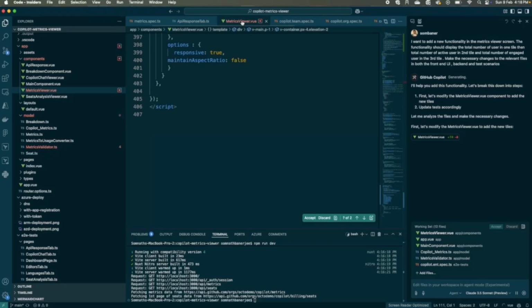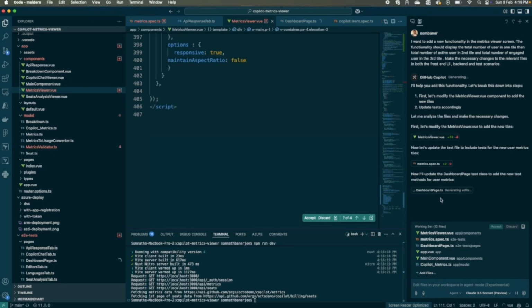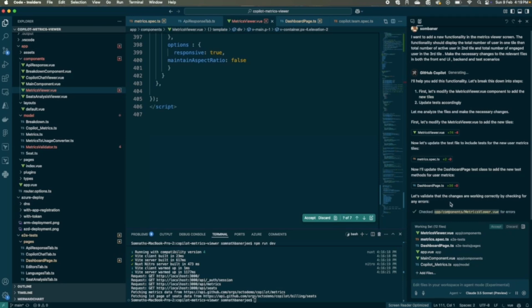It can even suggest terminal commands and ask you to execute them. It also analyzes runtime errors, and there are certain self-healing capabilities that you will see as part of this whole iteration. So again, the files are being changed. It is changing the dashboard page, the metrics page, the viewer page. This is the same as what Copilot edit also did. But interestingly, after this, it is validating the changes